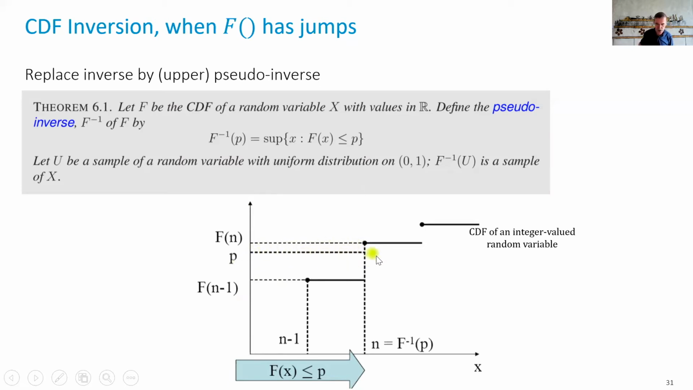So I draw p here. The values of x that are less than p give me all this interval. So the inverse is this value here. You see, the pseudo-inverse gives me this value. And the theorem applies here, although it's a bit more complicated to show. So that's another way to provide samples from a